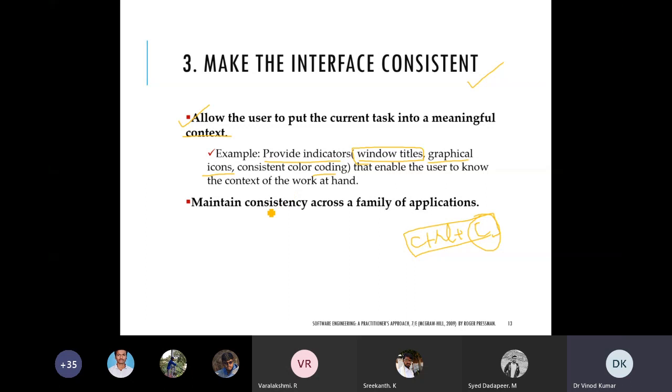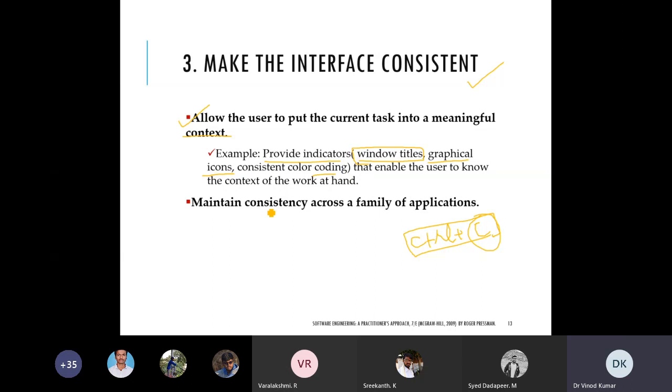at hand. So what happens if I am using this system right now, or you are using your system? Simultaneously you do many works. You have opened many windows. Think about the scenario: if that window's title is not there, how will you identify? If graphical icons are not there to identify, suppose my Chrome is opened. In Chrome, the graphical Chrome symbol icon and its logo is there, I can identify very easily. It has a certain color, because of that I can identify it. And the window title is also there.